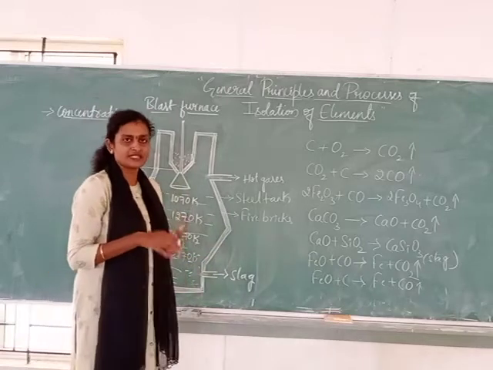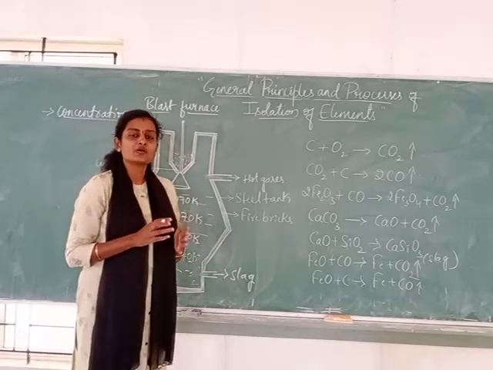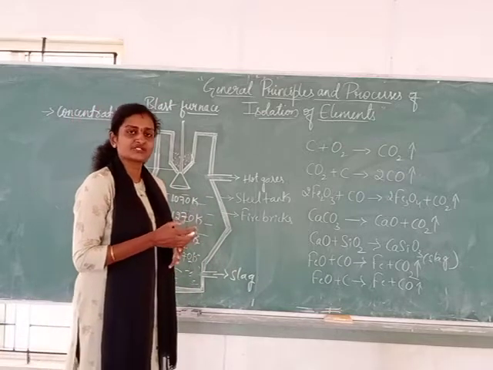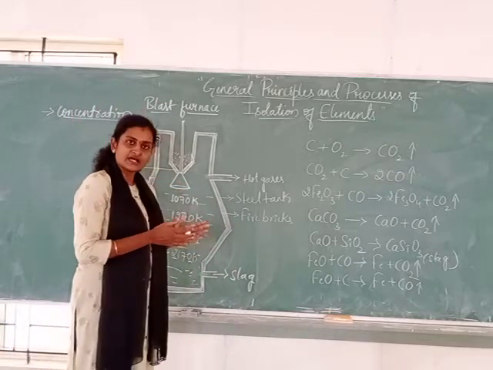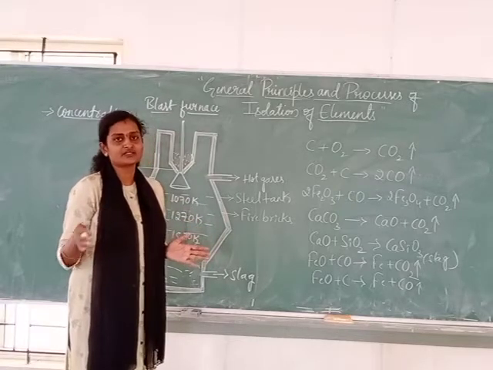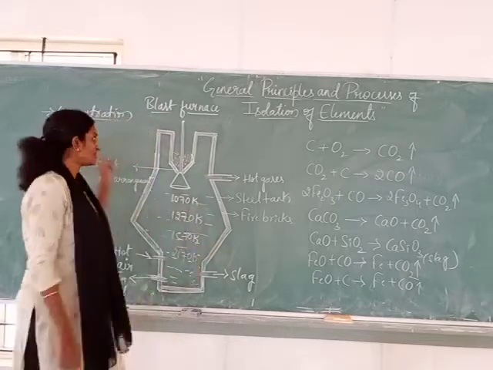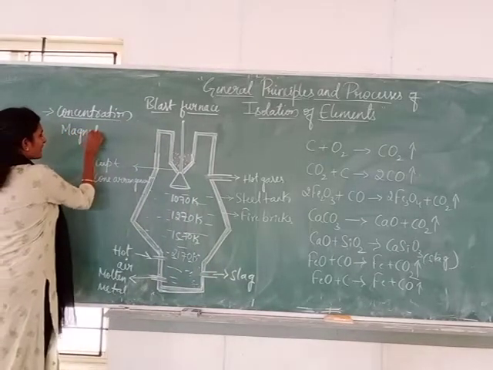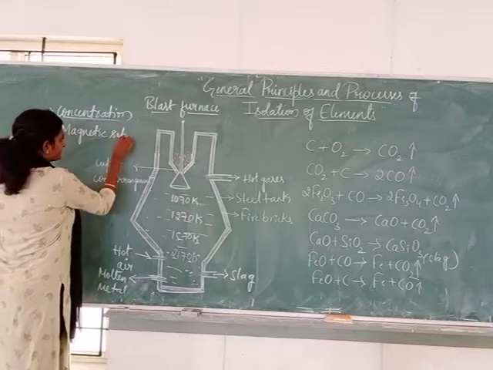So mainly now we wash it. Then the powdered ore will be supplied to the magnetic separation. Through magnetic separation, the iron having magnetic property will get collected on one side and gangue particles will be separated in the non-magnetic container. So concentration can be done by magnetic separation.